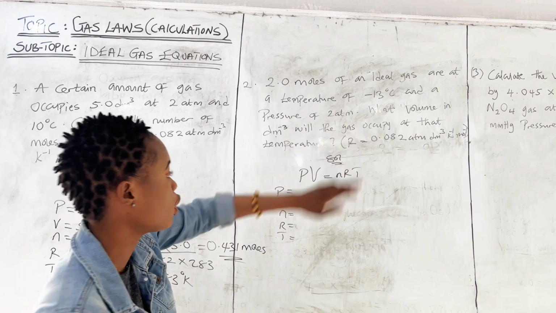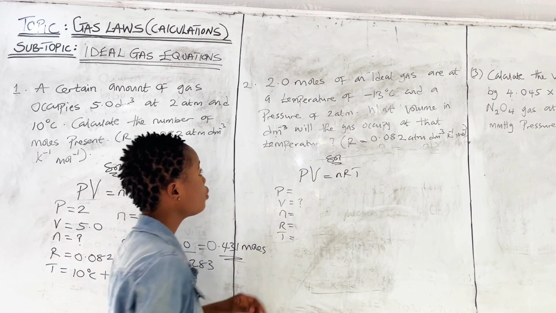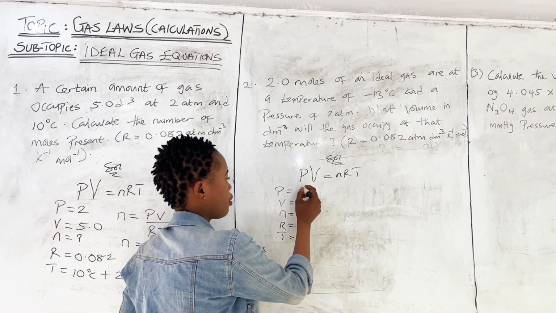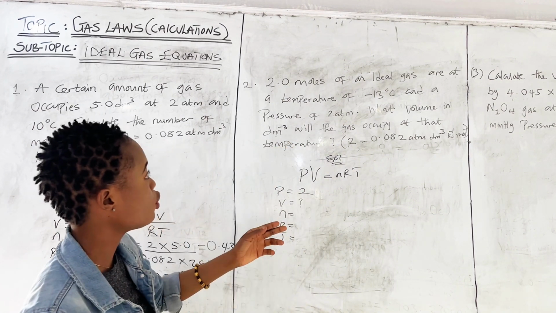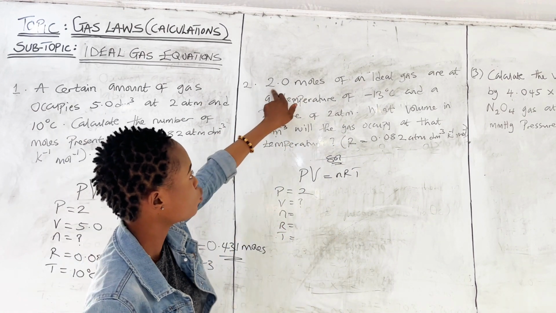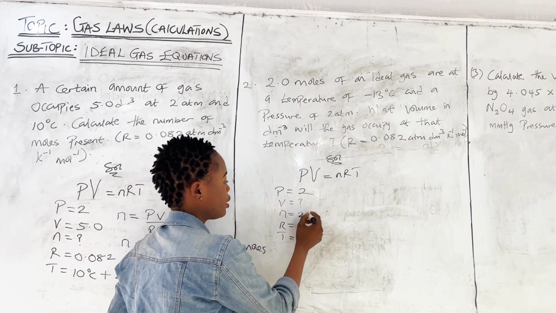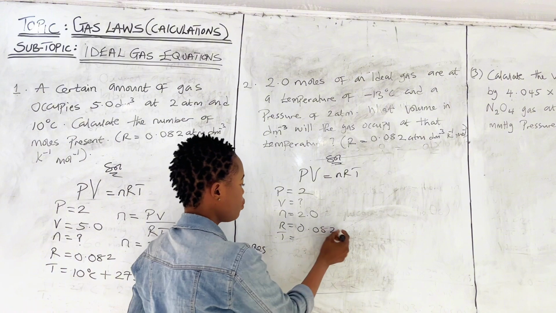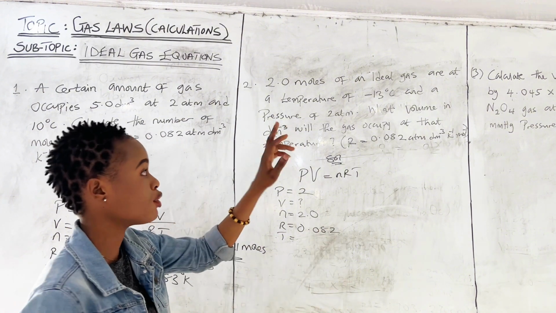So what are we looking for? The question says what volume, so we'll put a question mark on volume. P is 2 atm. n is the number of moles, 2.0 moles, and R is the constant, 0.082, and then we're given the temperature as minus 13